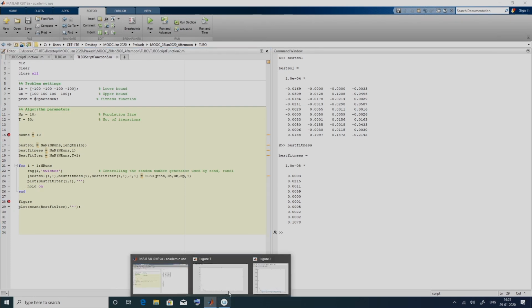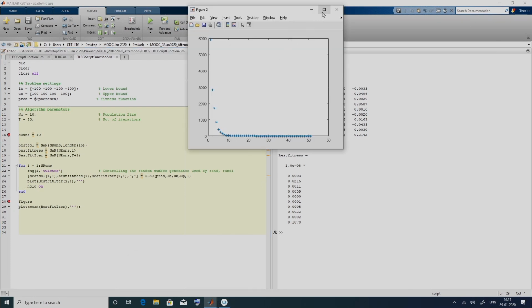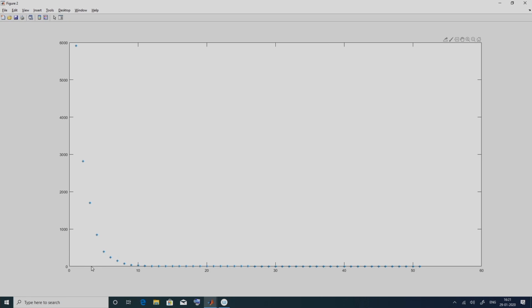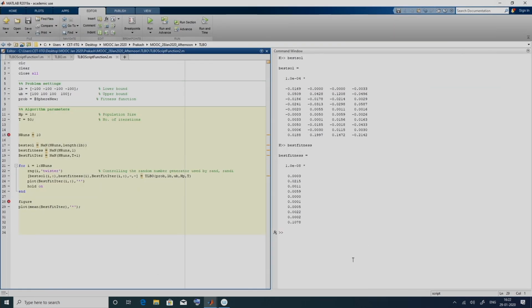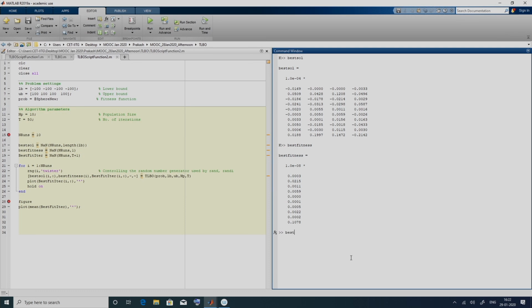So, this is the mean. Remember we had 51 convergence curves. At the end of first iteration, it is the average of all the 10 runs. For example, let us say best fit iter. I am looking for all the runs, the first column.